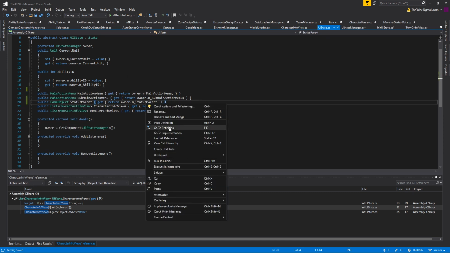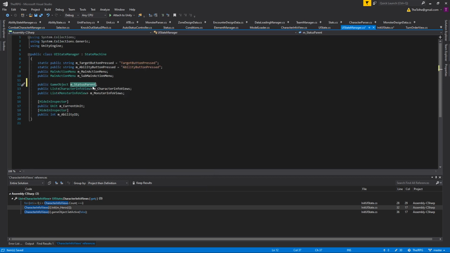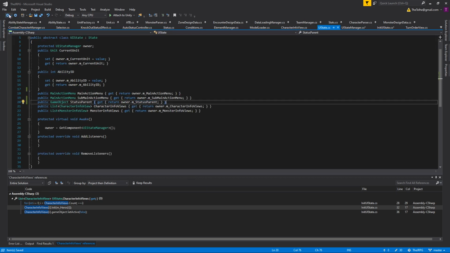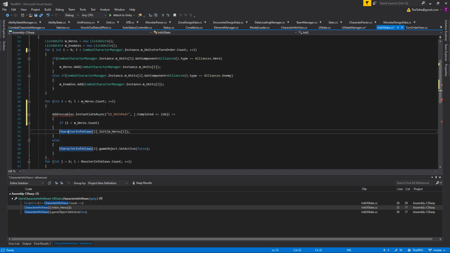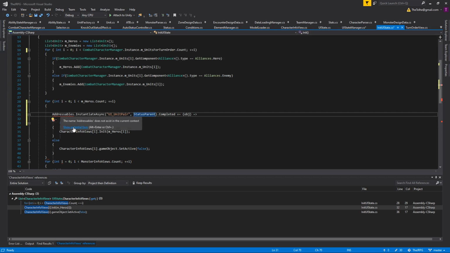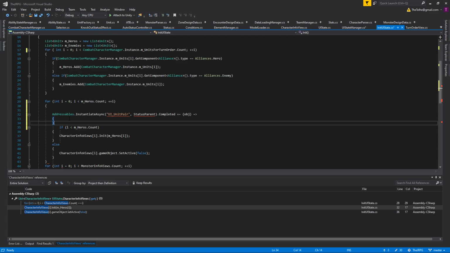Try and order it the same way that it shows up in the parent. Yep, okay. So now with this status parent, we can say, I want to build that unit pair and I want to put it in the status parent location. We need to make sure we're using addressables in this file. Okay, and then once we load that object,